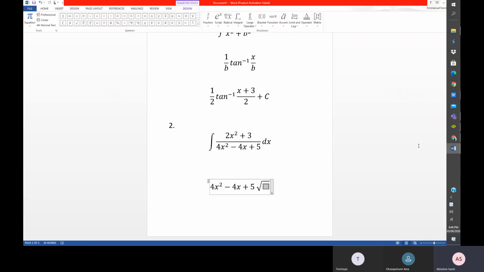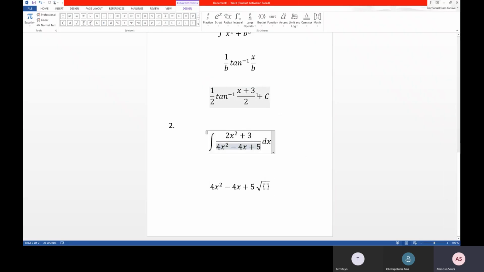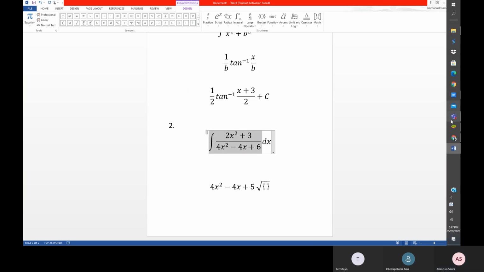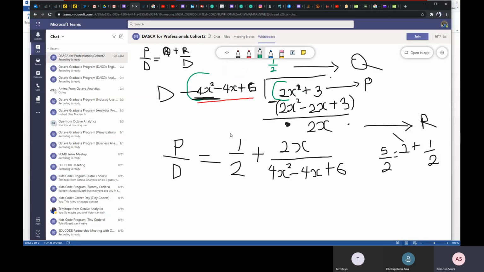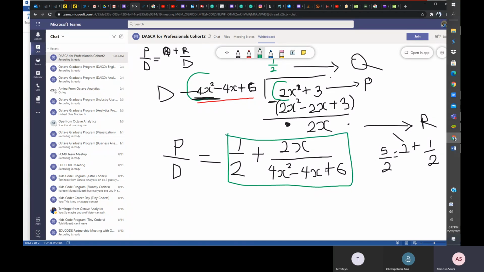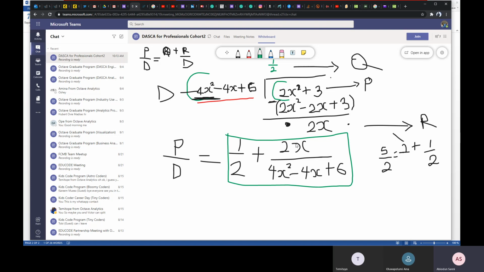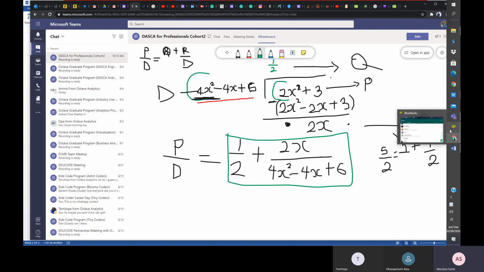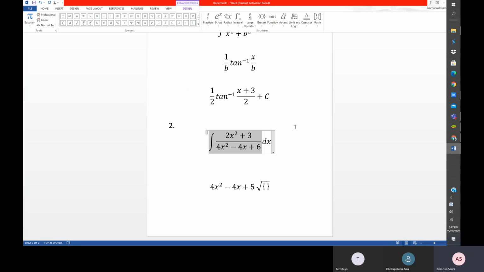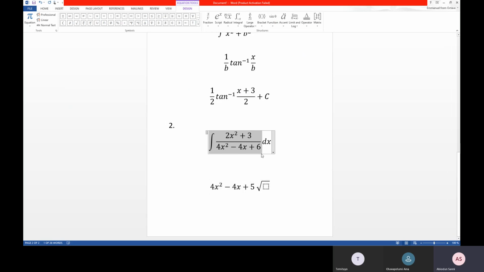So, going back to this place, I'll change this one to 6. So now instead of having this as my original question, I'm going to have this. I'll be able to divide that to become this. If I simplify this, I'll still have that same thing. So our original question will now be equal to,